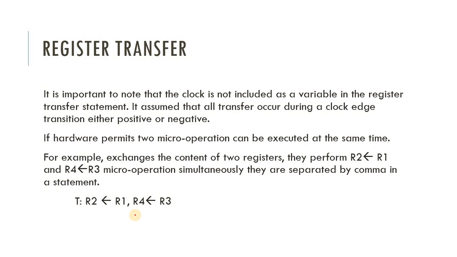So till now we have only seen a single statement. But what happens if we have 2 or 3 statements simultaneously? At that time we can write them using a comma. So we can separate the statements with a comma, and also we'll write, like, register R4 and R2. So each statement is separated by a comma.